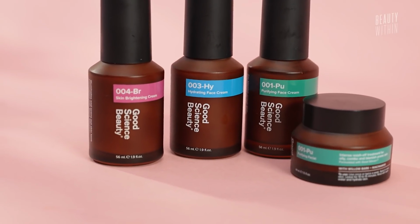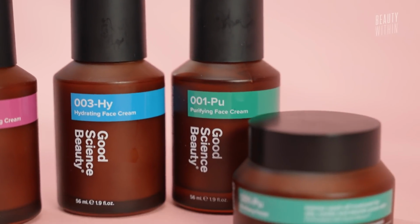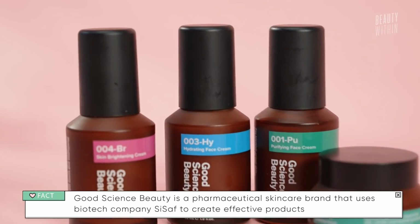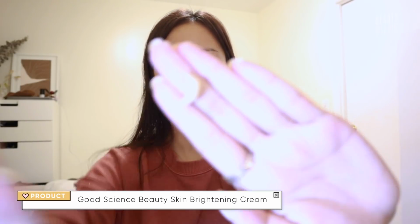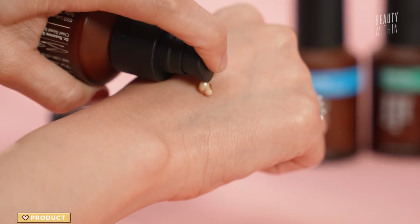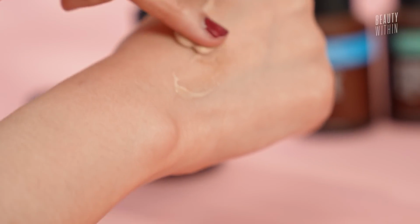And honestly, at the beginning, I thought it was related to The Ordinary. For whatever reason, the packaging, the name, the color, it looks very Deciem. Yeah, right? It's that clinical kind of approach to skincare. But when you start using, for example, I've been using the skin brightening cream to go along with my vitamin C's throughout the year. It's this beautiful kind of emulsion as well. It's this creamy